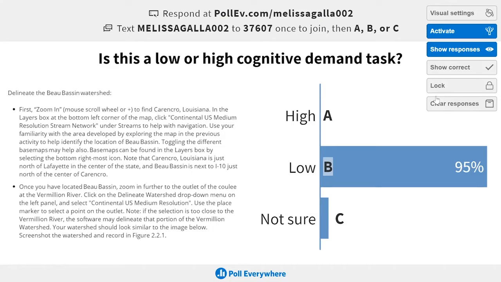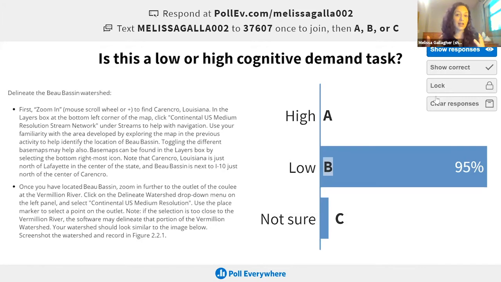Thanks. I didn't want to divert too much there, Melissa, but I'm literally trying to think, how can you take some of these low cognitive and make them high cognitive? Yeah, I think that's a great question, Dan, and it's something you have to consider as you're creating tasks. Christina put a question in the group, and I think her idea is good. But one thing is that high cognitive demand tasks take longer. So if your goal is to really dig into watersheds and the delineation and all those decisions that Willie was talking about, that might be what the bulk of your module is about.